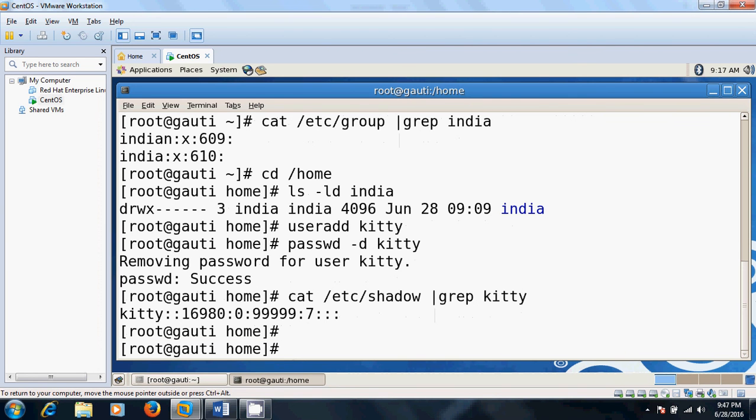Now how to create a group. To create a group, use the groupadd command. A group created by this command is called a secondary group. Okay friends, now we make a groupadd, let's name it test.